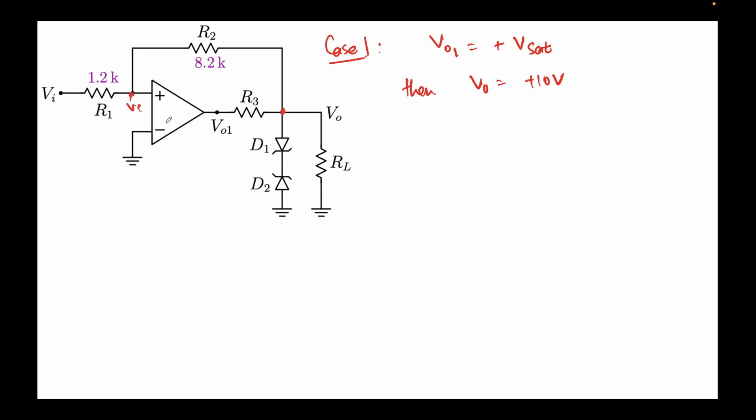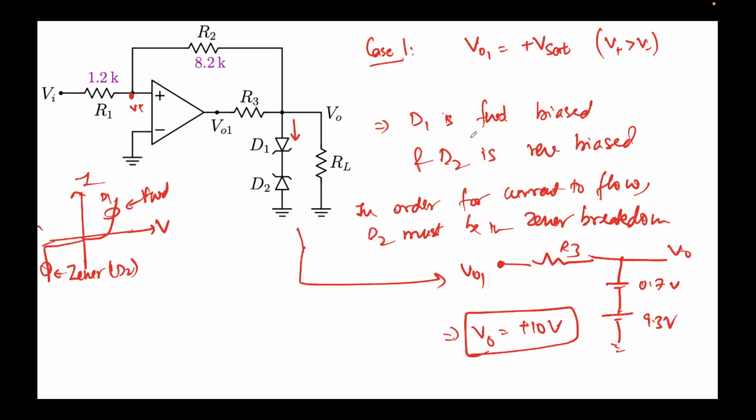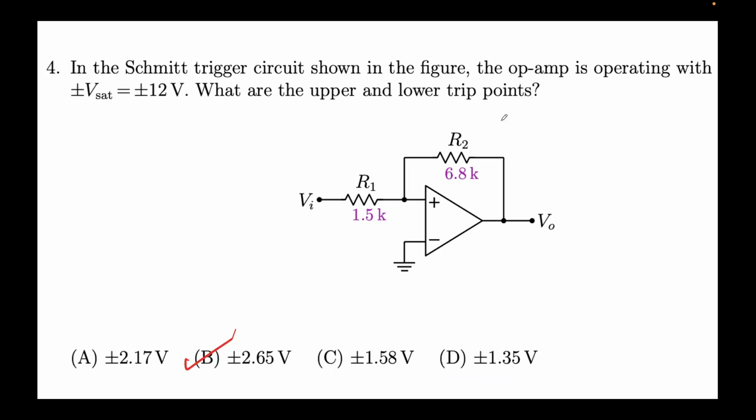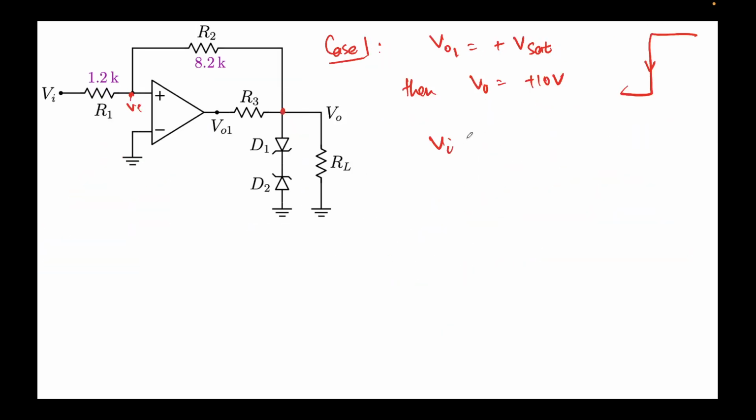Now this we had already seen before, right? This same formula, because what we are doing is switching from here to here, but in this case the value is just 10 volts. So we saw that formula. That formula was Vi must be less than... where was it? Yeah, this one: minus Vi must be greater than minus Vsat times R1 over R2. So that comes out to be Vi must be greater than, in this case, Vsat,